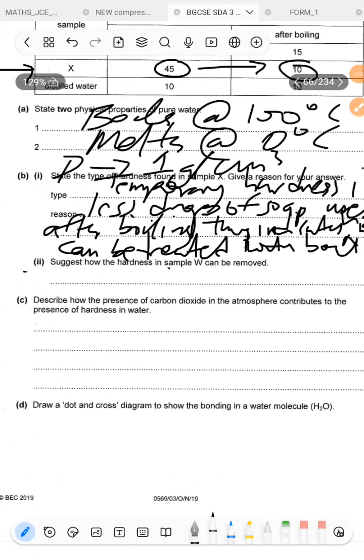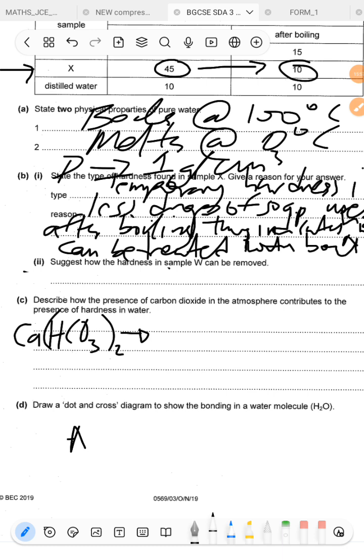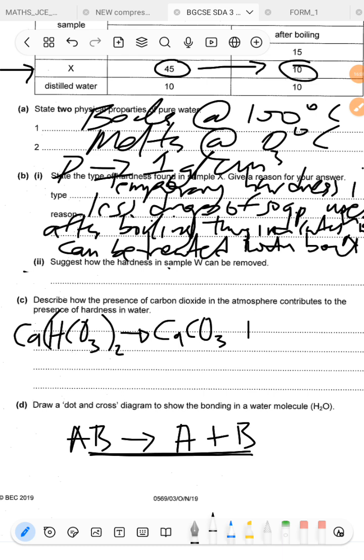Okay, so this is the chemistry behind that chemical reaction. When you boil water that has temporary hardness, it has calcium hydrogen carbonate inside. It's a soluble compound, so when you heat it, it will decompose. Decompose is when you have a larger substance that breaks down into smaller compounds or substances. So this will break down to form calcium carbonate plus carbon dioxide